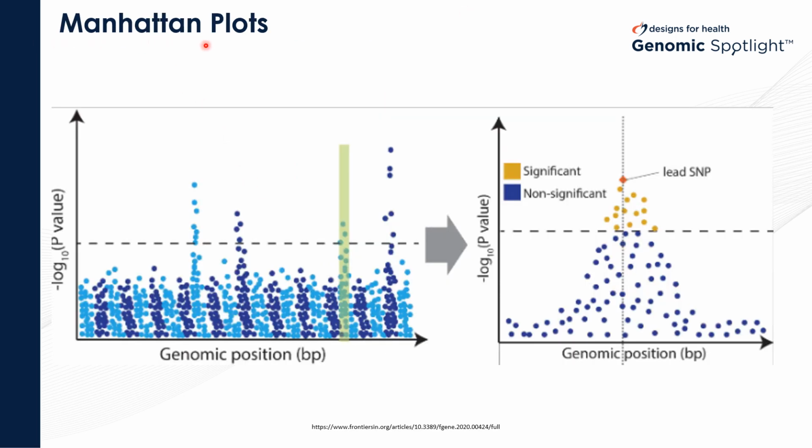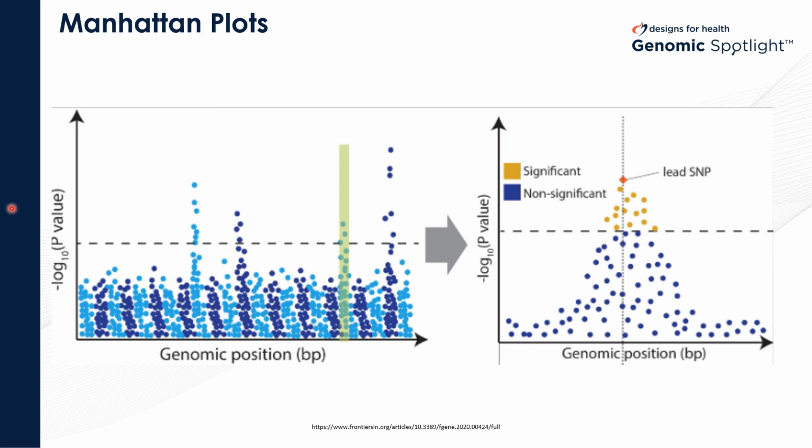A Manhattan plot is a scatter plot commonly used in genomics. It's named for the resemblance to the skyline of a big city such as Manhattan, with skyscrapers of different heights. In a Manhattan plot, the x-axis represents the genome divided into its constituent chromosomes. So maybe this would be chromosome 2, chromosome 10 to 15 would be right around here, and let's say this might be chromosome 20. The y-axis, on the other hand,